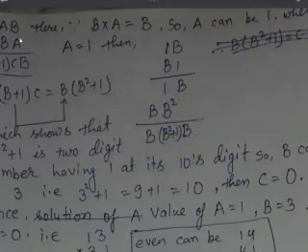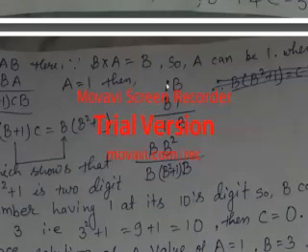If you see here, it is AB into BA. Now what I had written here, B into A is equal to B. B when multiplied with A is B. So what can we assume? We can assume A as 1. A can be 1. I had assumed A as 1. Then what will happen? 1B, B1. Then simply 1 into B is B, and 1 into 1 is 1.